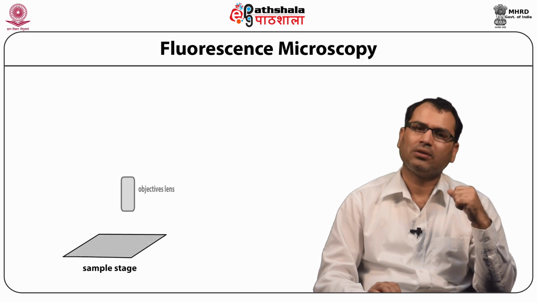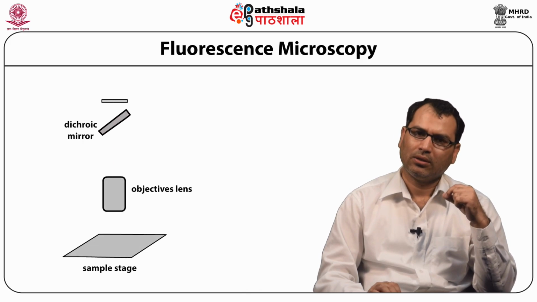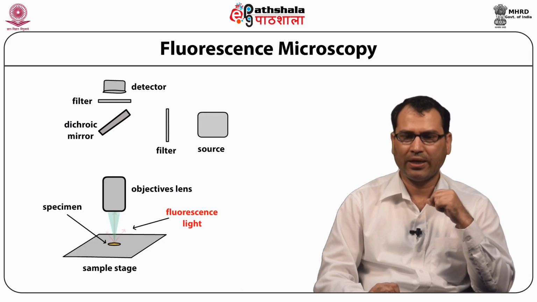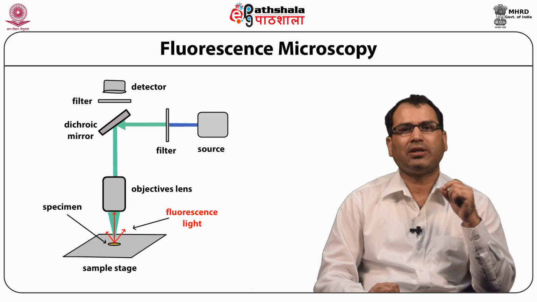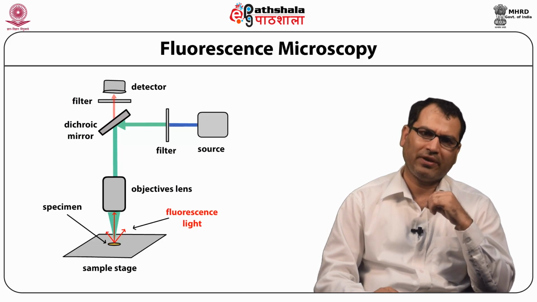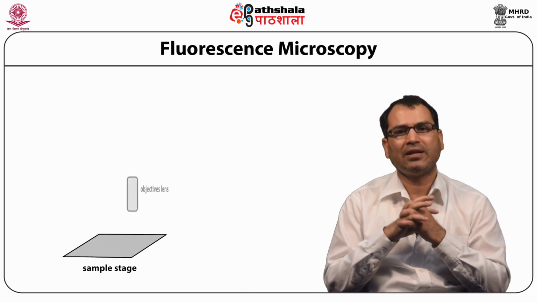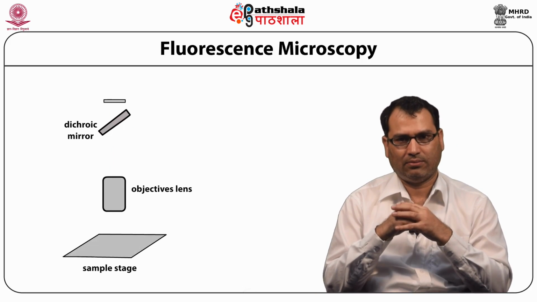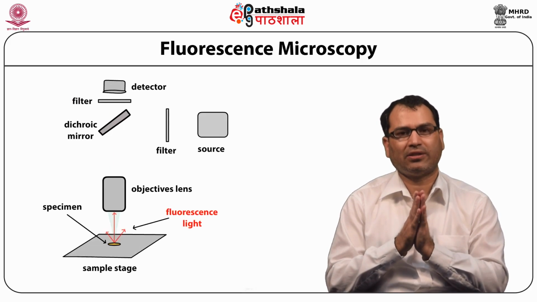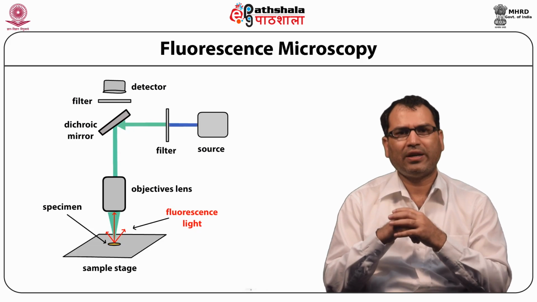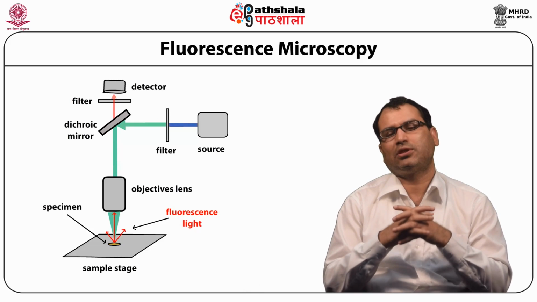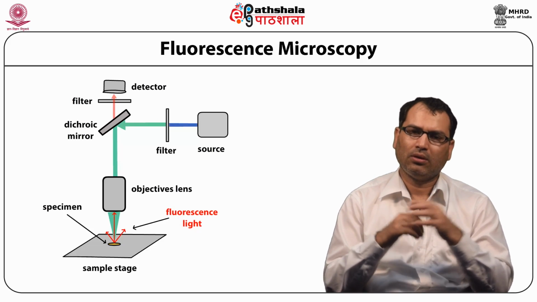And a dichroic mirror makes sure that the light which is emitted by the sample, meaning the fluorescence light, is transmitted through it and reaches the detector. And the experimental arrangement is such that the incident light is at 90 degrees from the direction of detection of the signal. So you will find most experimental configurations arranged for fluorescence microscopy in this kind of